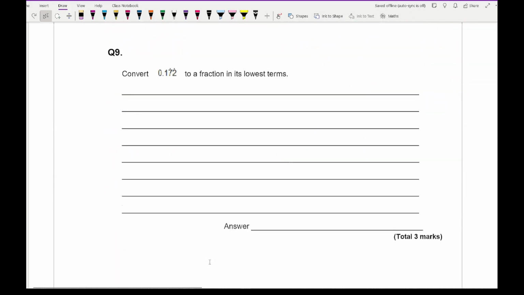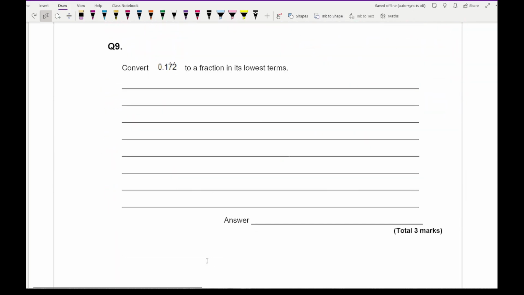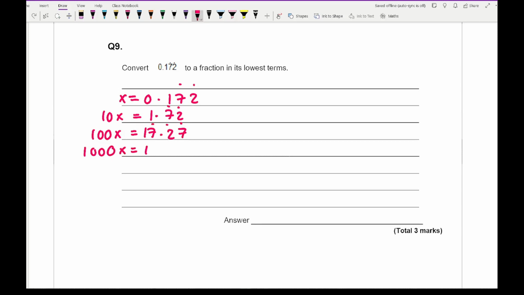Moving on to question 9. Again, here we want to convert 0.172 recurring into a fraction in its lowest terms. So again, we make it equal to x. And note that only the 72 is recurring. So if you multiply that by 10, we get 1.72 recurring. Then if we multiply that by 100, we get 17.27 recurring. And then if we multiply that by 1000, we get